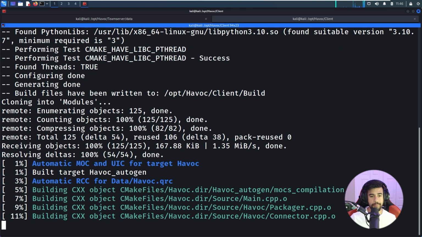And this does take quite a bit of time. You'll see a bunch of warnings and stuff come up on the screen. You don't really have to worry about those. It's going to build just fine, most likely. So